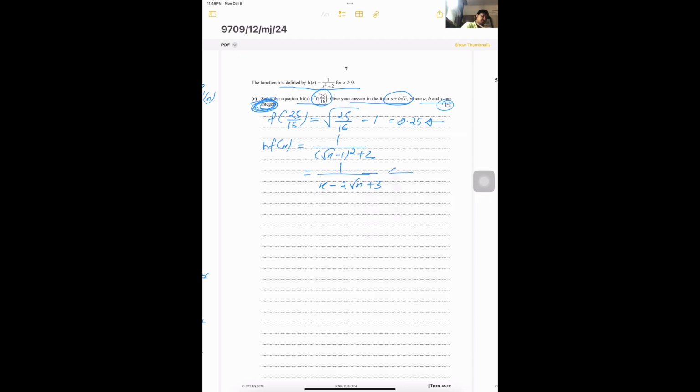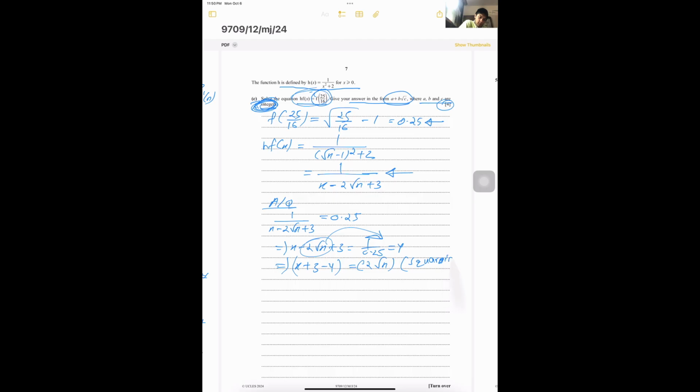So that is h(x). As per the question, 1 by x minus 2 root x plus 3 is equivalent to 0.25, or x minus 2 root x plus 3 is equal to 1 by 0.25, which is also equal to 4. Or we have, if we push the 2 root x to that side, x plus 3 minus 4 equal to 2 root x, and